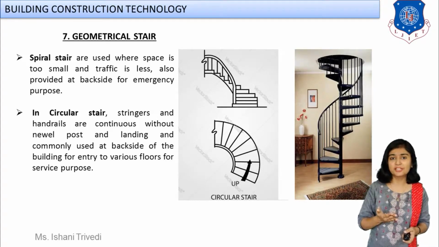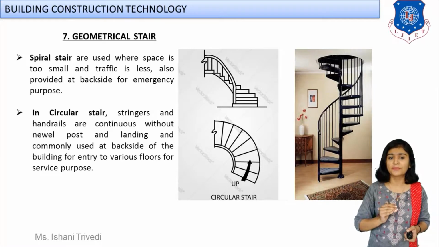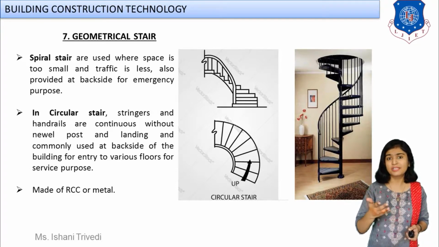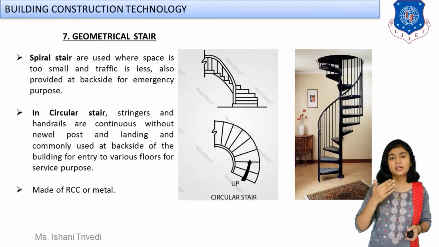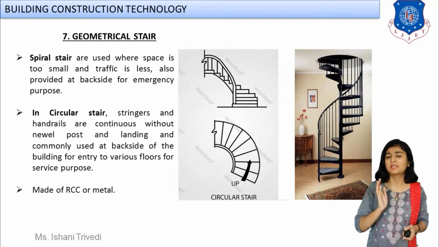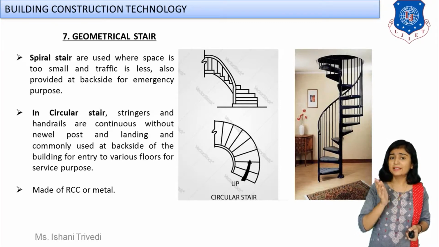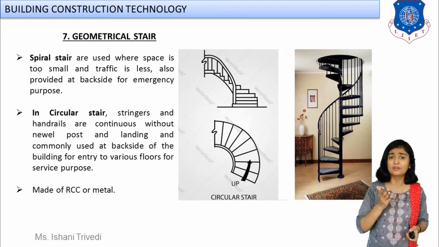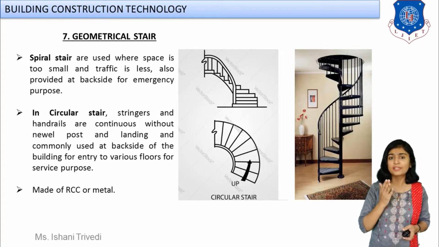Look at the second image flashing over here, circular stair. You can see it is circular in shape, right? You can also see the plan which is drawn over here. So that type of stair which is provided according to situation, that is your circular stair. All of these stairs are used for emergency exits, for entrance from the front side, for the water tanks. So all of the uses are going to remain the same, but it depends on the situation. And it is either made up of RCC, but in most cases it is made up of metal, that is, mild steel.